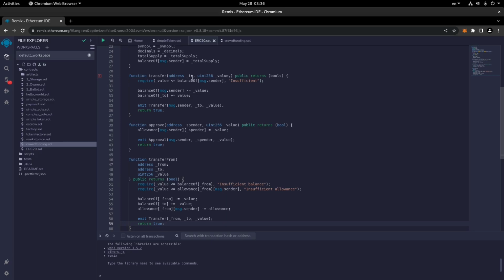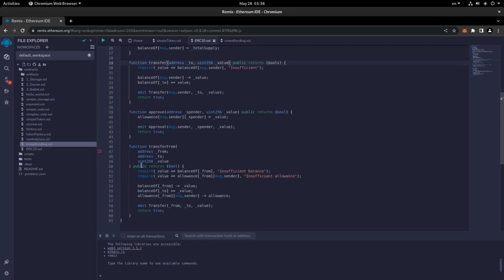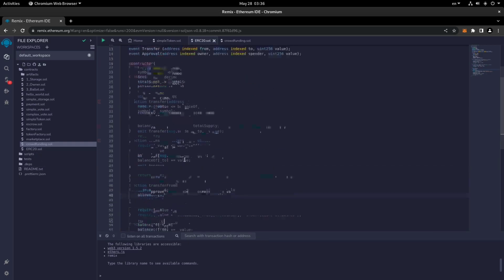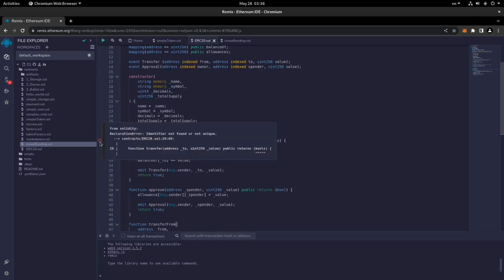There seems to be a problem with the comma, so it's an extra comma right over here. Now let's save this, and there seems to be another problem here. Okay, here we shouldn't put a semicolon, we should write a comma because we're in the properties of this function. So let's save this.